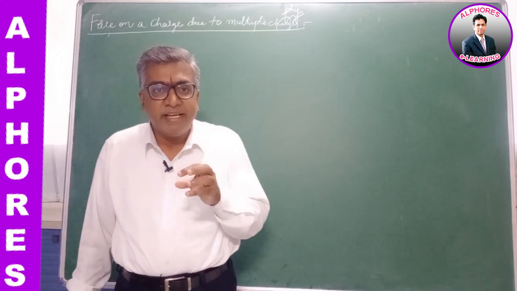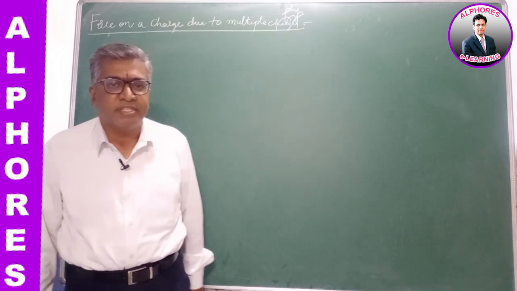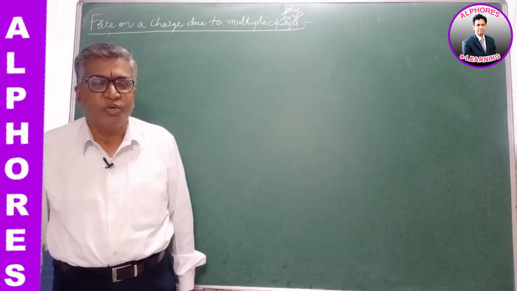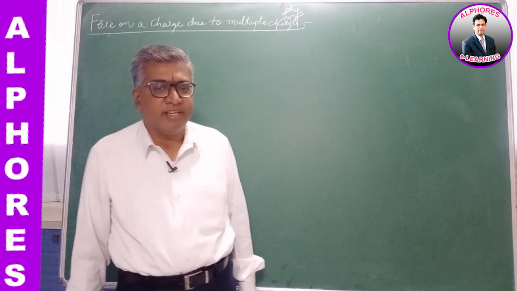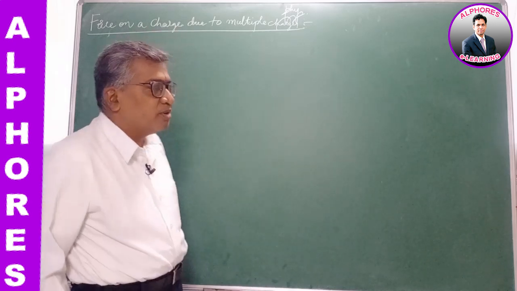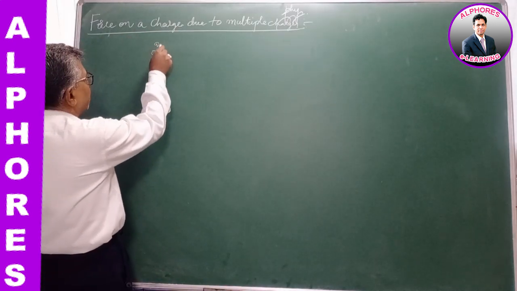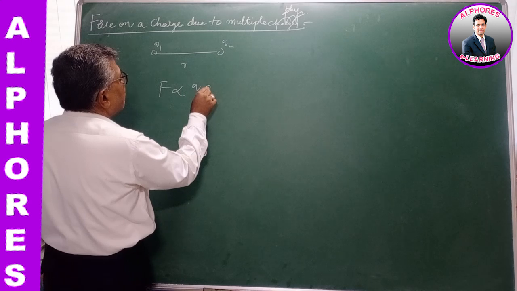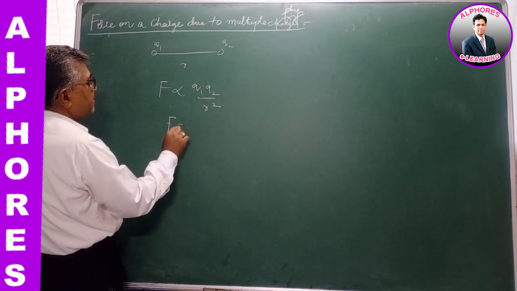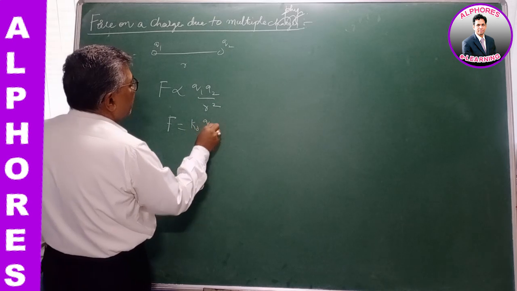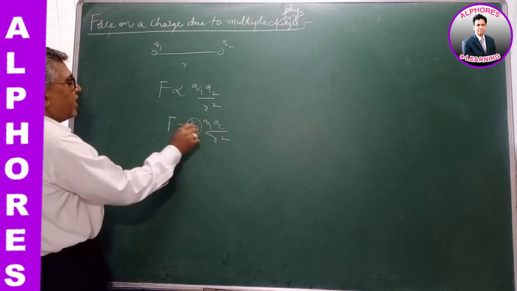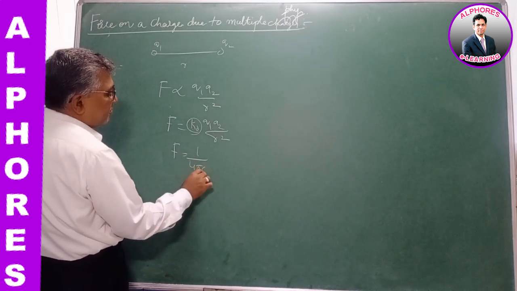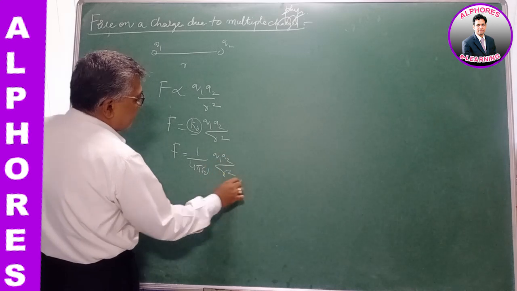And the analytical approach to this electrostatic force was given by Mr. Charles Coulomb. He has given a law for stating this. If there are two charges Q1, Q2 separated by a distance r, then force F is proportional to Q1 Q2 by r square, and F is equal to K naught Q1 Q2 by r square. And we have found a constant, called Coulomb's constant. It's 1 by 4 pi epsilon naught Q1 Q2 by r square.